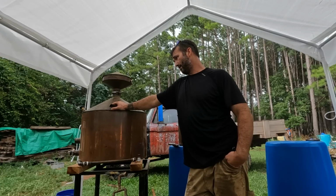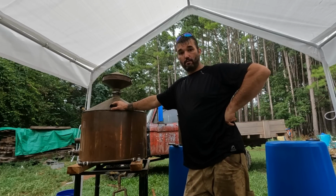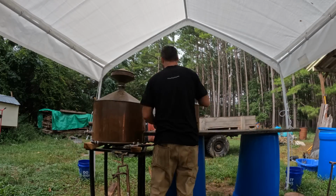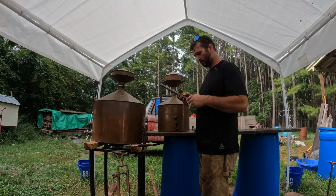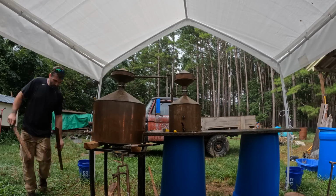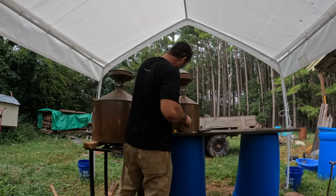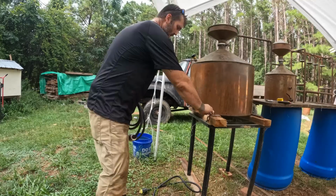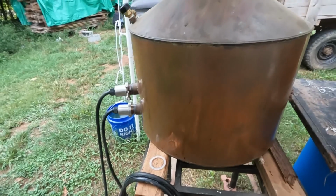So what we're going to do is a vinegar cleaning run, and I'm going to show you guys the operation, and we're going to do the cleaning run on it, get the inside all nice and clean and get the outside all nice and clean, and get it on its merry way. So I'm going to go ahead and finish getting it all set up, and then we'll get started. Alright, so